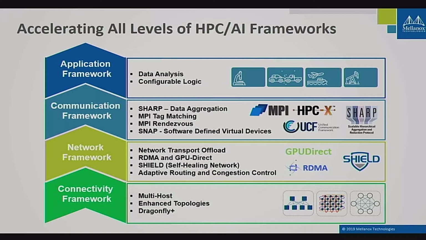And once we were done with that, we moved to the next mission, looking at the communication framework, not the TCP level, but the MPI, SHMEM, or other communication levels. We started offloading communication operations, and with that, we had good opportunities to accelerate more, things you cannot do at the transport level, and I'll talk about that later. And we have now started looking into the application frameworks